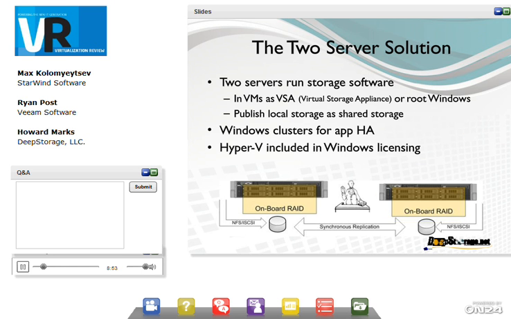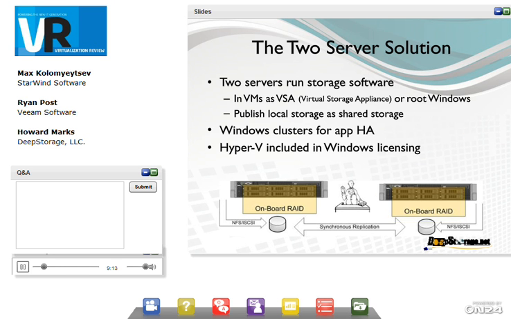In the Windows world, where we can take advantage of Hyper-V, we can run that storage software in the root implementation of Windows that is part of the Windows Hyper-V environment that publishes the local storage as shared storage